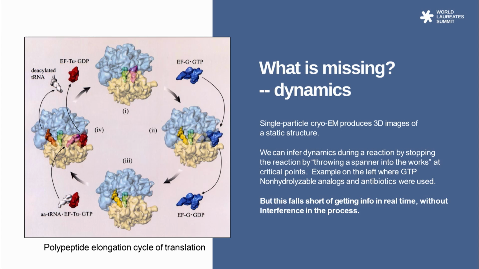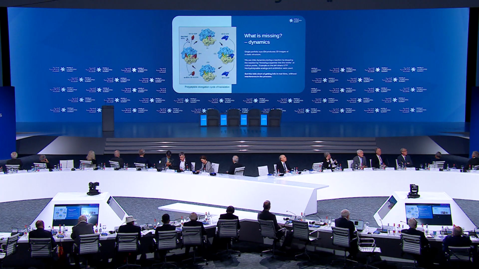I'm showing you an example of dynamics that has been inferred not by some kind of following reactions, but rather by stopping reactions at known times by chemical means. And this is sort of, I would say, essentially cheating. We are not really providing dynamics, but we're stopping the reaction, and we don't know what kind of artifacts we